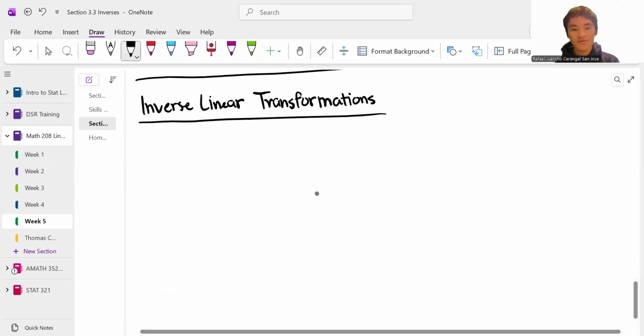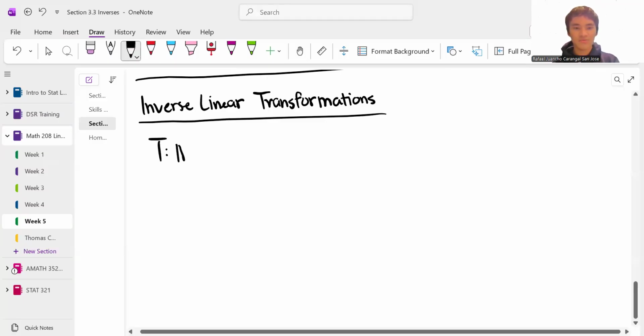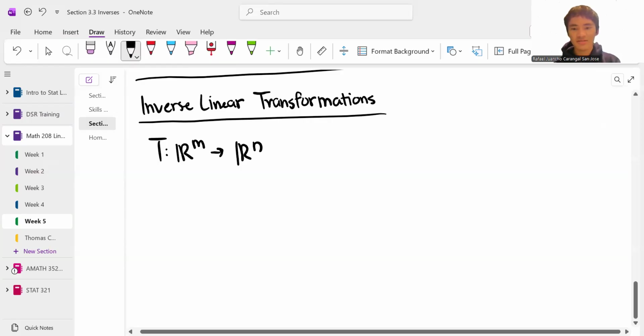Okay. Now we talk about inverse linear transformations. So let's talk about that real quick. So inverse linear transformations. Okay, I'm actually looking at my textbook. Give me a second. So say we have this linear transformation T, and we put in some vector that has m components, and we get an output vector of n components. And we say this is